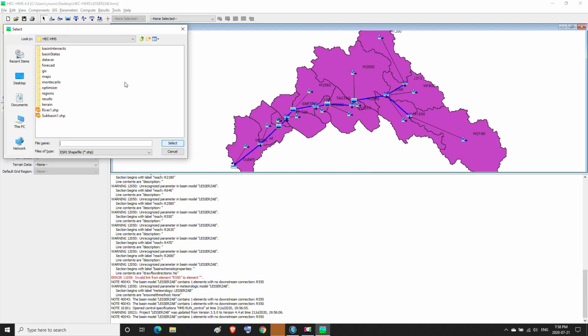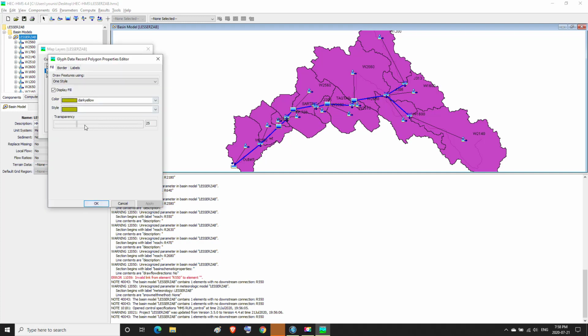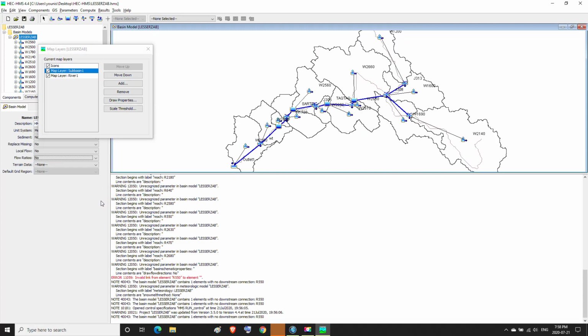Then we add the river1.shp. Then we choose the subbasin 1 layer. Then we press on Draw Properties and we make transparency 100%, then OK.